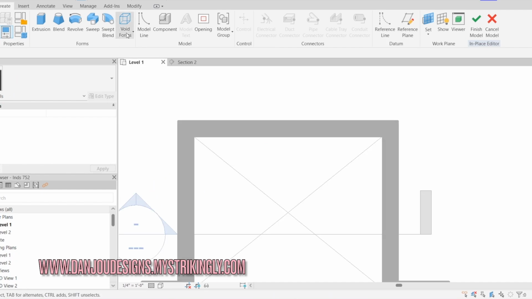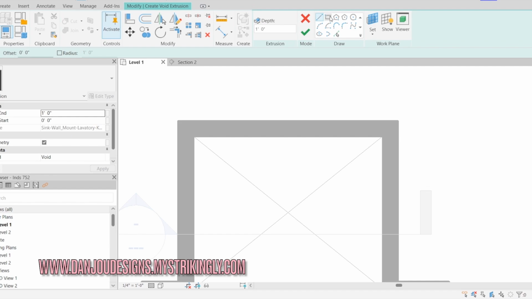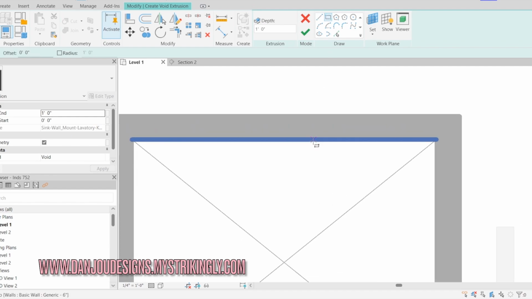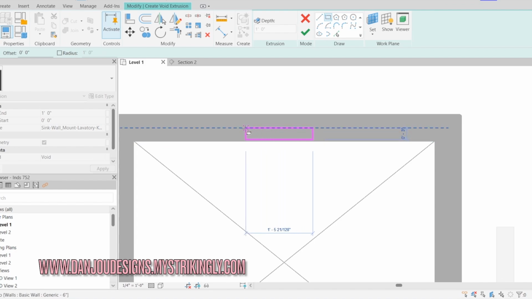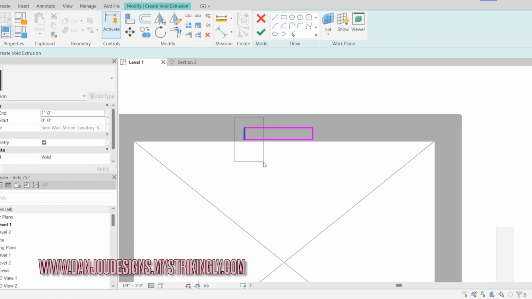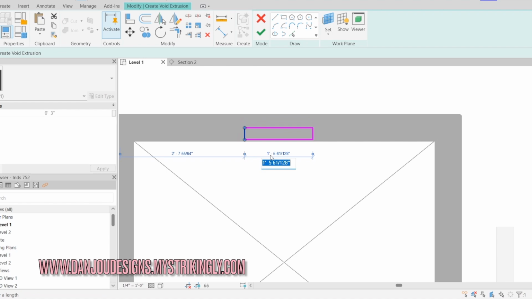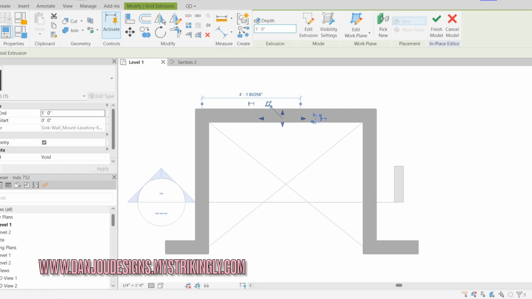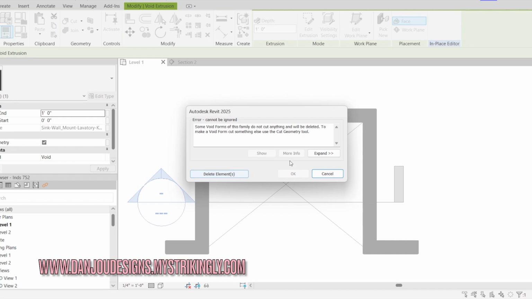I'm going to go to void because this is a void extrusion, and this is where you're going to draw your niche from a floor plan view, and you're going to draw the depth and the width. I'm going to make mine 16 inches, 18 inches, and so that is my niche, and I'm going to click the check mark, finish model, and if you get